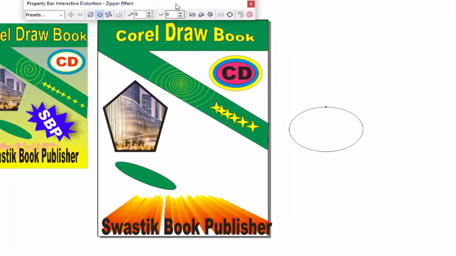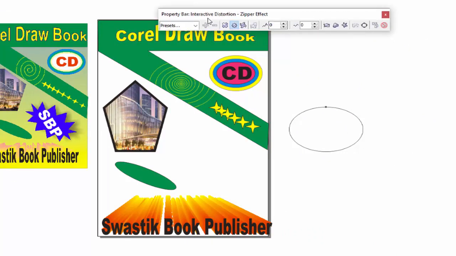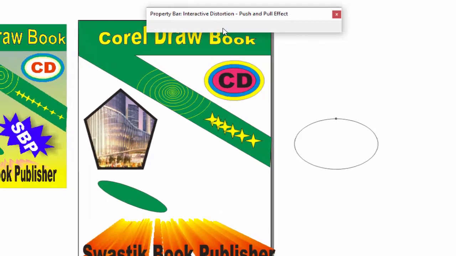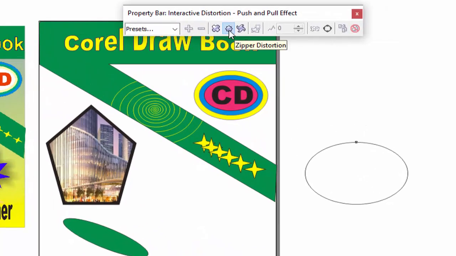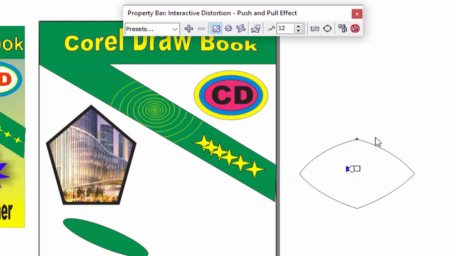This tool contains 3 options in its property toolbar: push and pull distortion, second zipper distortion, third is twister. If you use push and pull distortion, you can drag your mouse left button to the left side or right side to give it shape. So with this option you can give any shape, left, right, top, bottom.